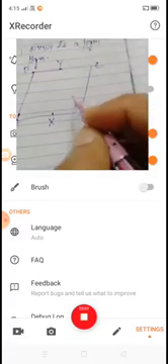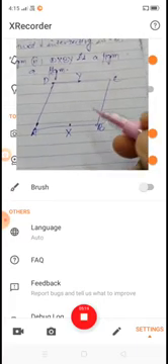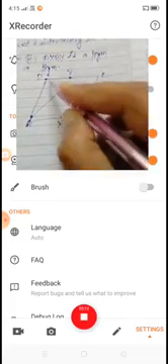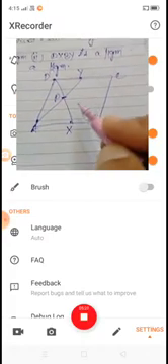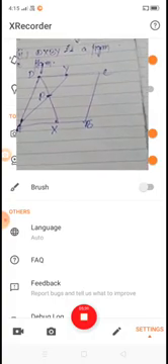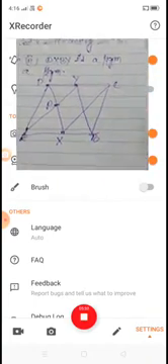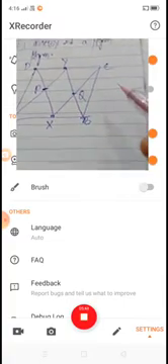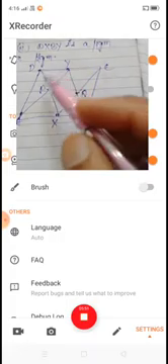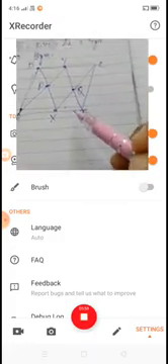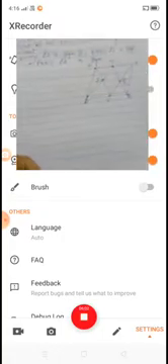Now AY and DX are joined. So join AY and DX, intersecting in P, and the point of intersection is P. And BY and CX are joined and intersecting at point Q. We have to show that PXQY is a parallelogram, DXBY is also a parallelogram, and AXCY is a parallelogram. Now solve it.